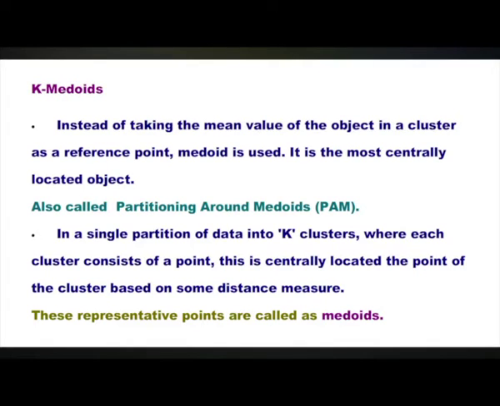Instead of taking the mean value of the objects in a cluster as a reference point, a medoid can be used. It is the most centrally located object, also called partitioning around medoids, shortly called the PAM method. In a single partition of data into k clusters, where each cluster consists of a point, this is centrally located